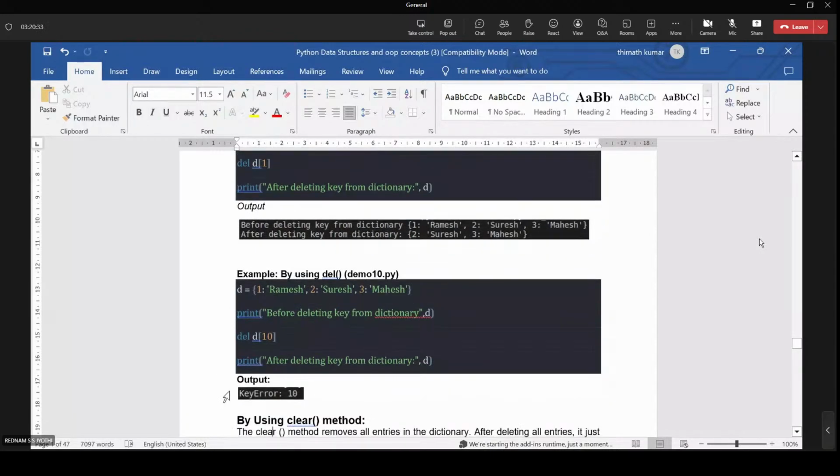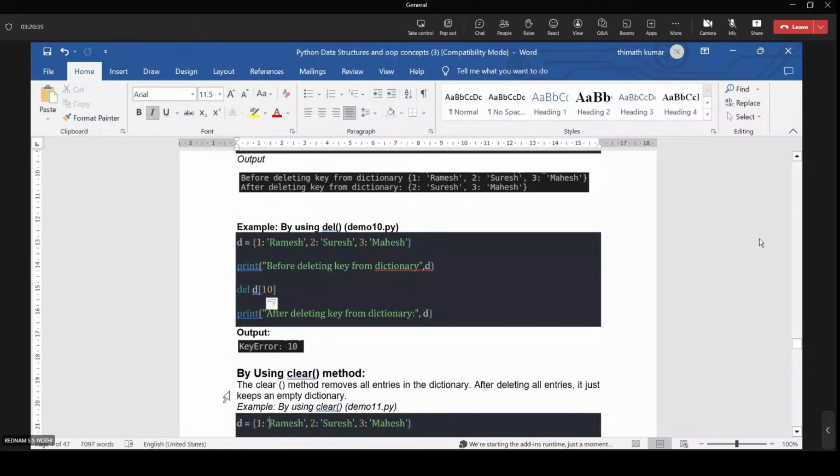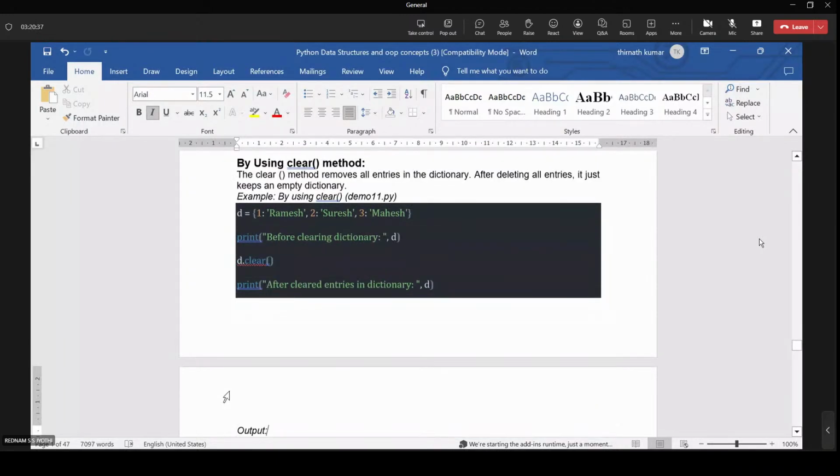By using the del statement we can delete elements, and the clear method removes all entries in the dictionary.